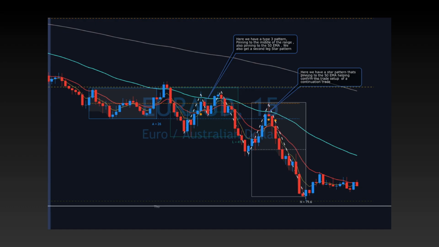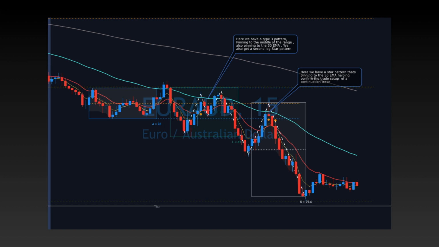So we get a pullback, which is that little blue candle. It goes back half the candle. That's the entry. Stop loss goes above the high of the star pattern there, and then you take it down 2-to-1 risk to reward ratio. You also get a second trade,